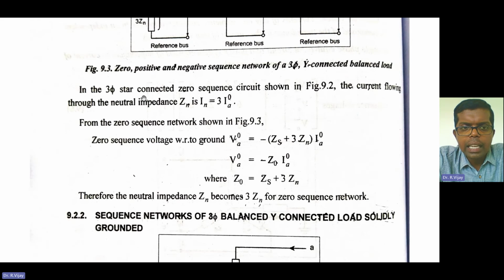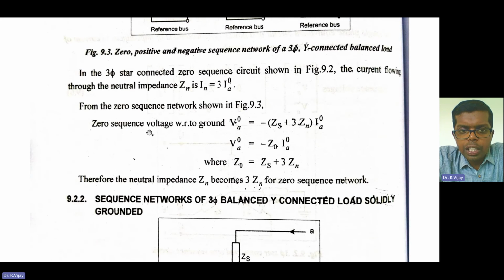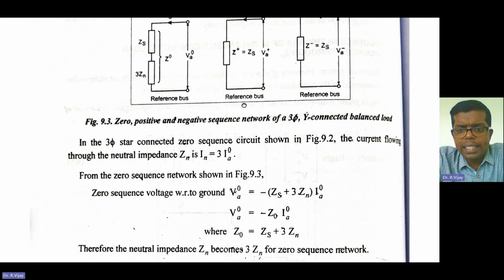So in the three-phase star-connected zero sequence circuit as shown in the figure, the current flowing through the neutral impedance Z_N is I_N, equal to 3 into I_A0. From the zero sequence network shown in this figure, the zero sequence voltage with reference to ground, that is V_A0, is equal to minus